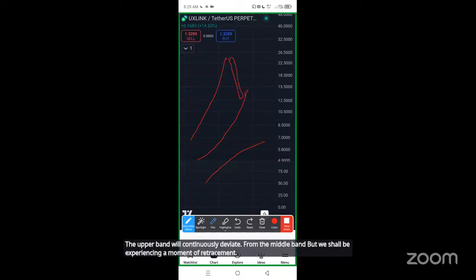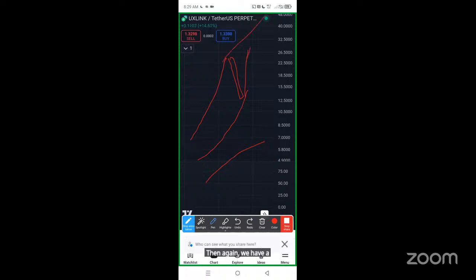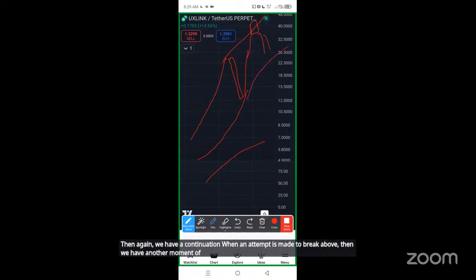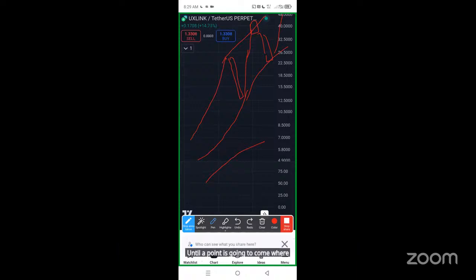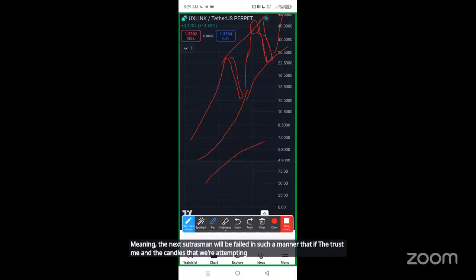Then again, we have a continuation. Once an attempt is made to break above, then we have another moment of retracement, and so on. Until a point comes where the next retracement fails, meaning the candles that were attempting to retrace to be supported at